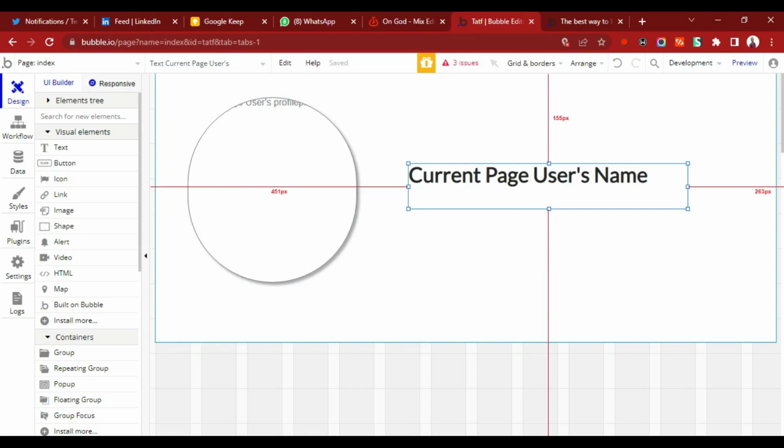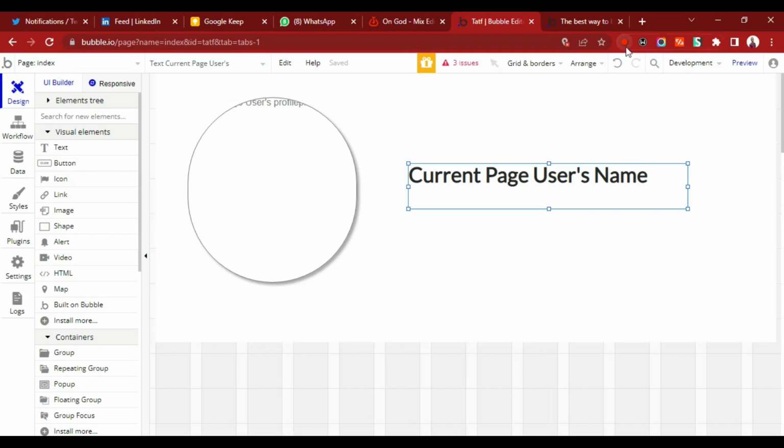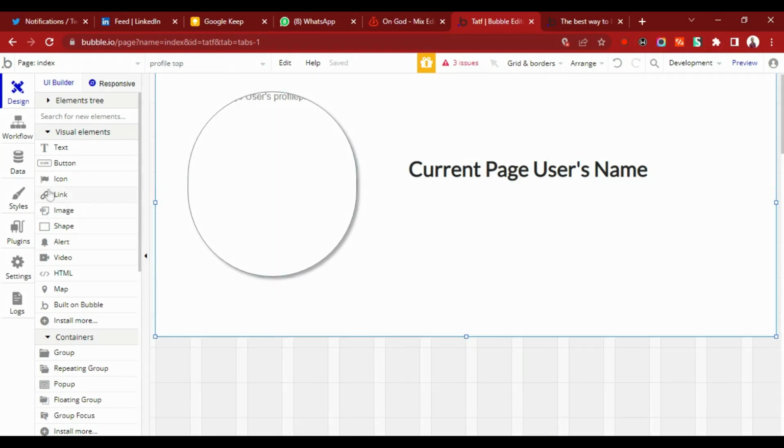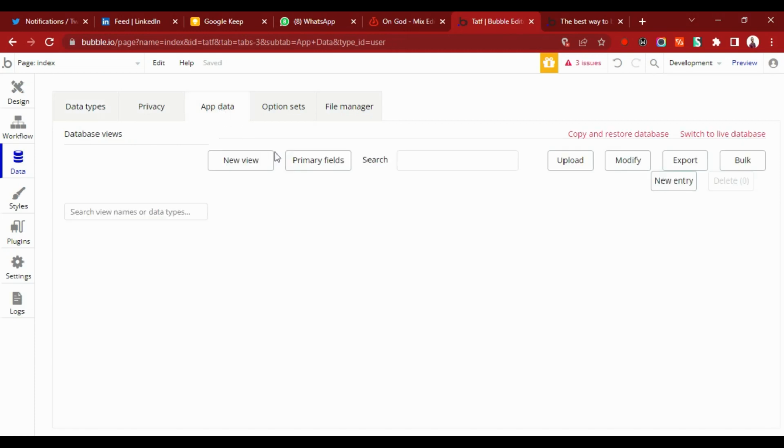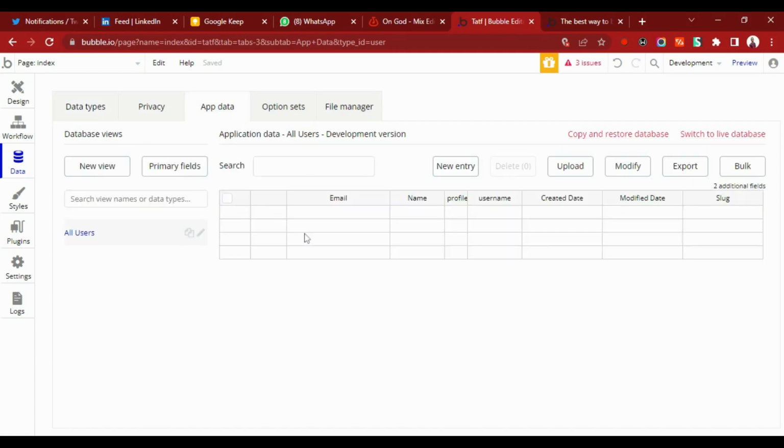So we just created a profile page, and then I will now show you how to generate a profile URL for each user and how that user can get started sharing that. These are just some fake profiles. We'll go to data. Data contains the information about our app. This is the database of our app. So we'll go to data, we have one data type which is user, and then we'll go to app data and create two profiles so we can use